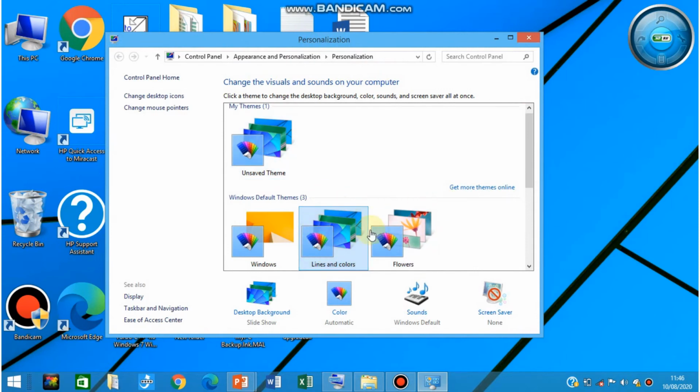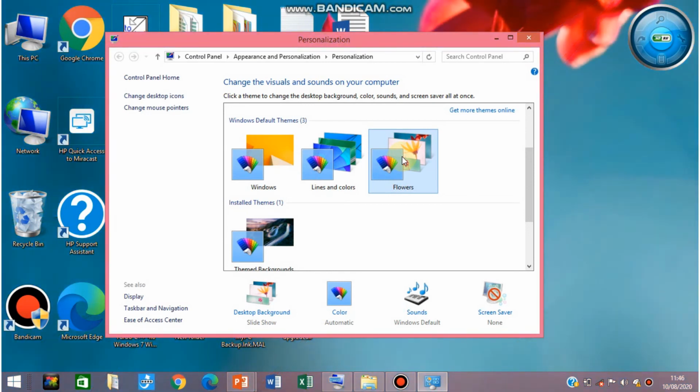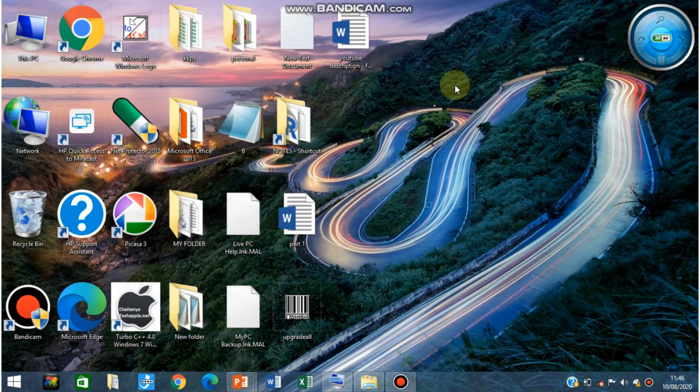Initially this is the wallpaper, and we can also change it. You can choose flowers or whatever wallpapers are present inside your PC. Suppose I am choosing this background image. You just have to click on that and close the dialog box.